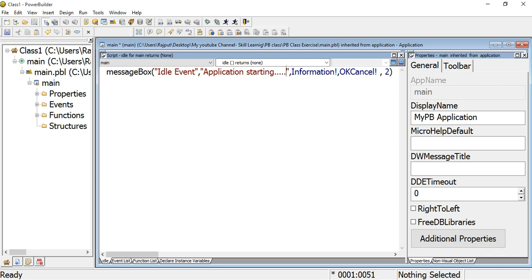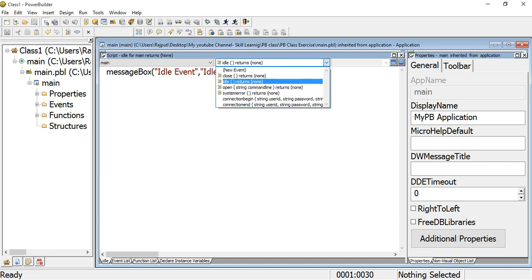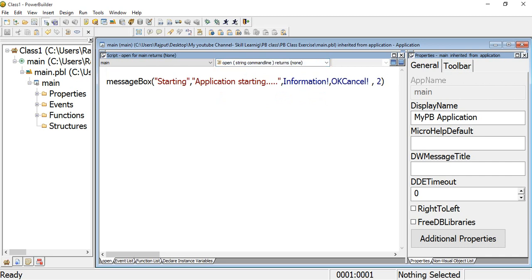For learning purposes, you write a message box on all events. So at the initial level you get this message box, then you understand that this event is fired. We already discussed the open event.